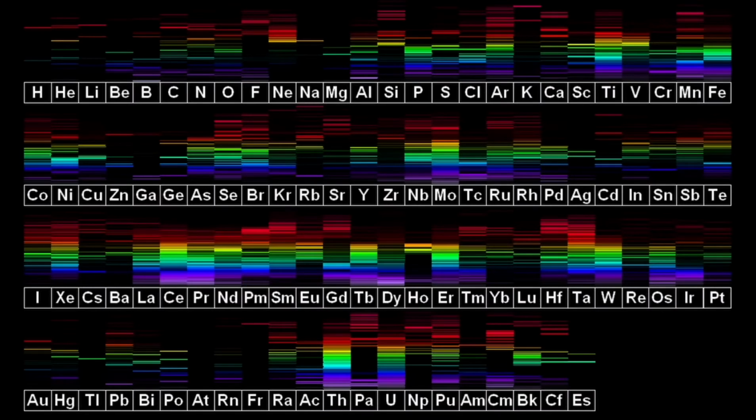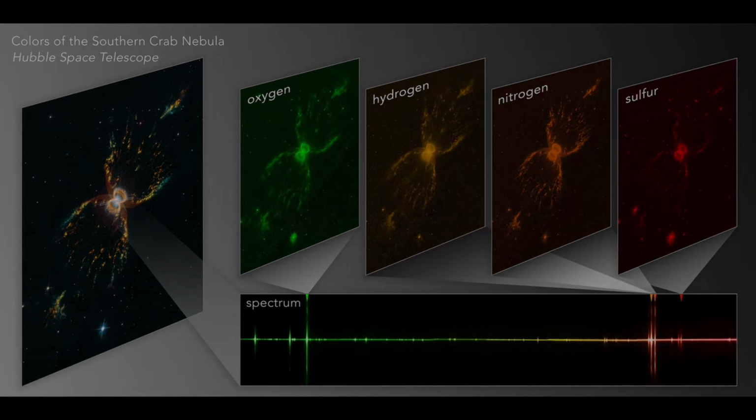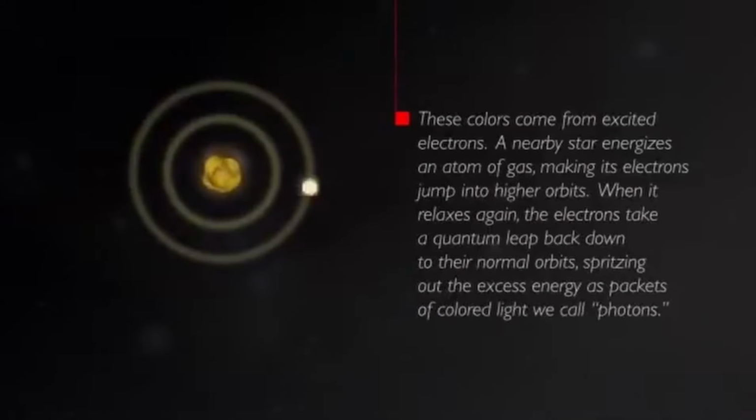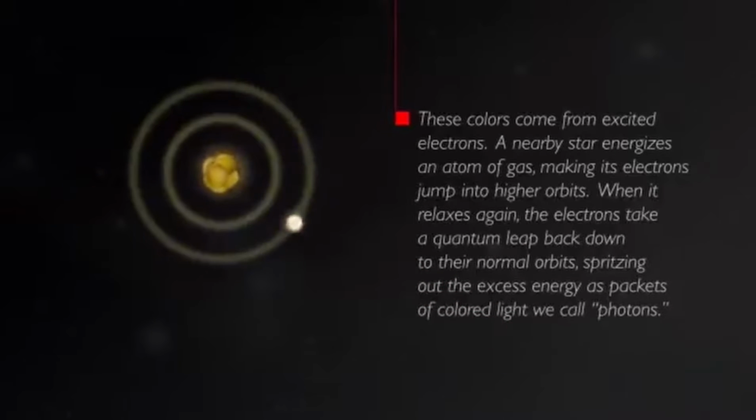As you can see, these are the spectrums made by the elements of the periodic table. For instance, in the Southern Crab Nebula, you can see the colors of oxygen, hydrogen, nitrogen, and sulfur in their respective colors. When a star energizes an atom of a gas, the electrons jump into a higher orbit. When it relaxes, the atom drops down to its normal orbit, emitting energy as colored lights, or what we call